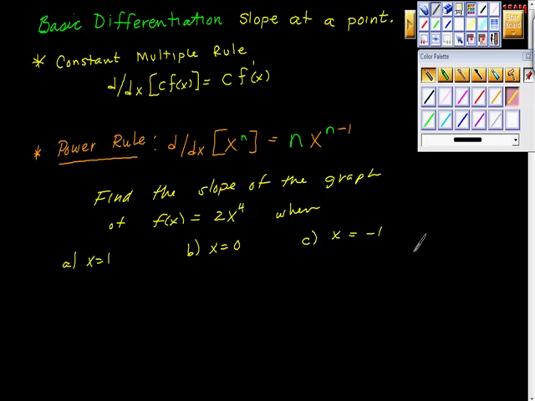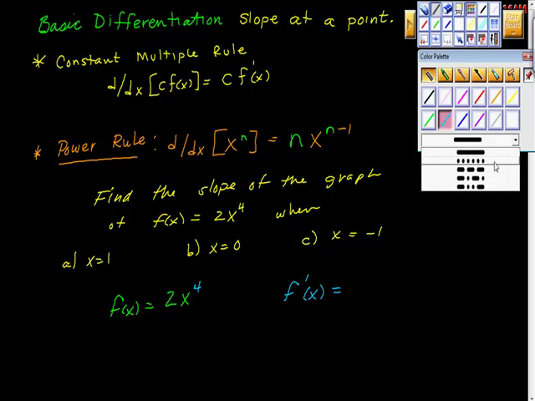So here's the first thing. We want to find the slope of our graph. This looks a little bit parabolic, right? It's going to have a shape like this. First thing we're going to do is find the general derivative, the general slope. We're going to use our rules. f of x is equal to 2x to the 4th power, so f prime of x, the slope of this function, is equal to